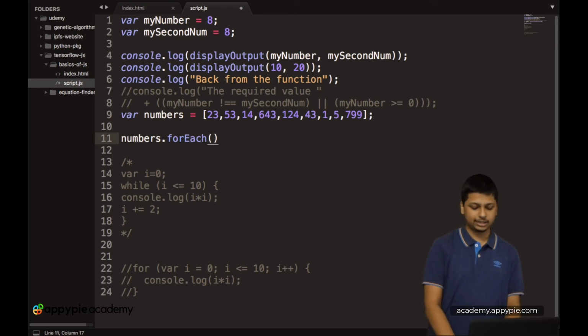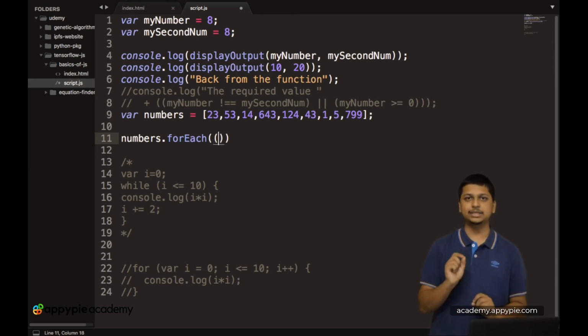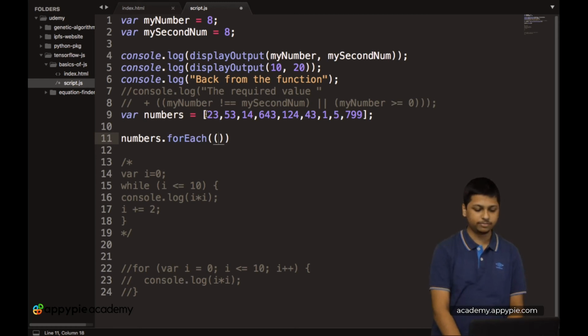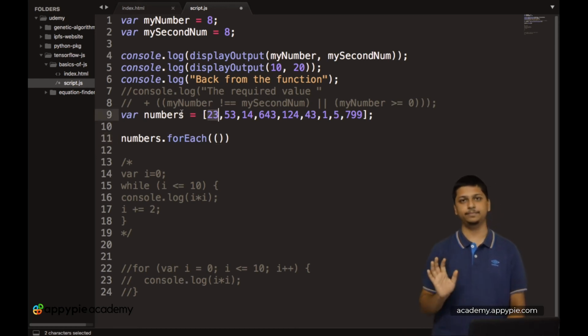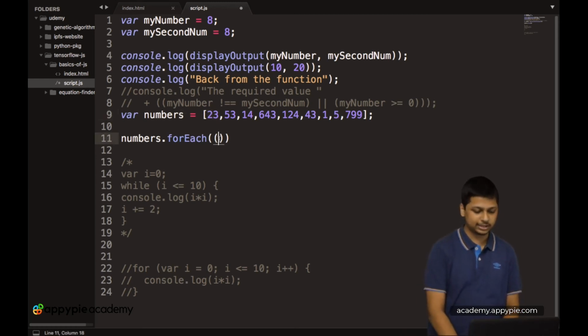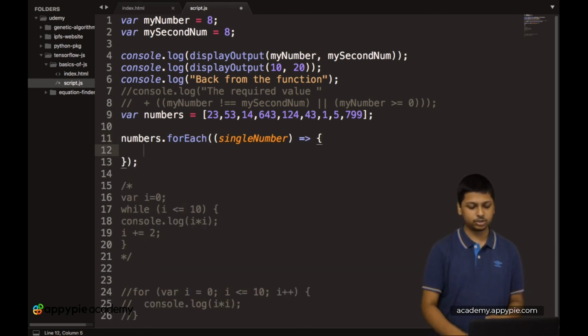To do that, let's first add another pair of round brackets inside, and now we have to give a new variable name for individual objects inside the array. Let's call this singleNumber, then a space followed by an equal to sign followed by an arrow, and then two curly brackets, and then let's go on a new line.